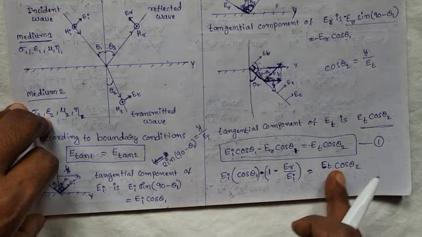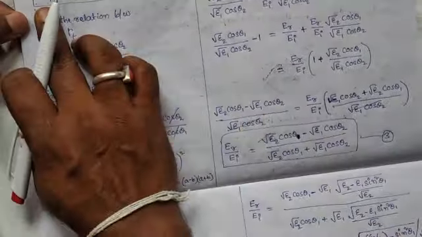Here ET by EI is equal to 1 minus ER by EI into cos theta 1 by cos theta 2. So ET by EI is equal to cos theta 1 by cos theta 2 into 1 minus ER by EI. From the relationship between